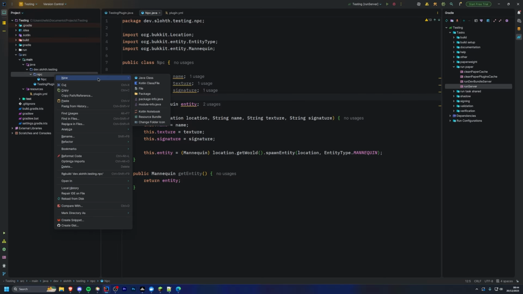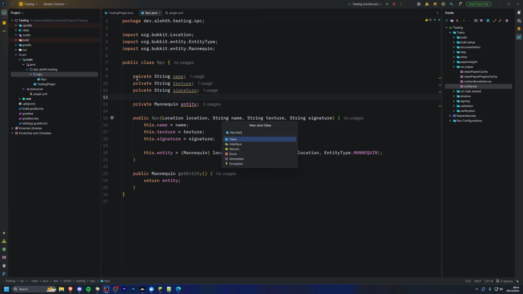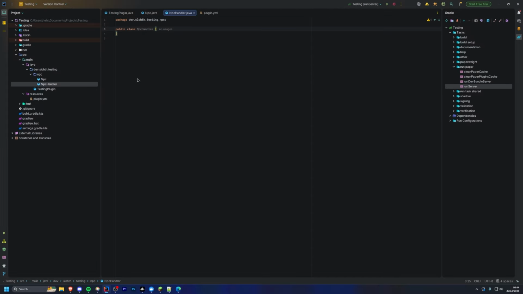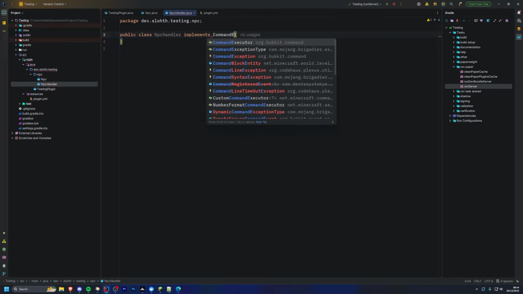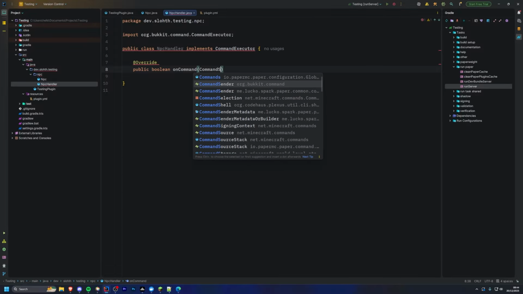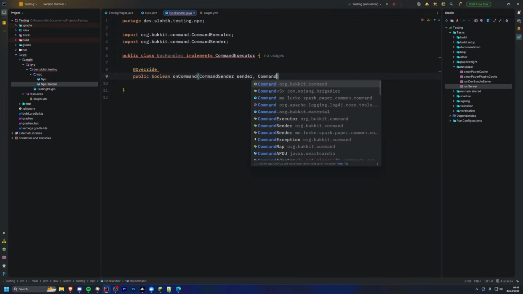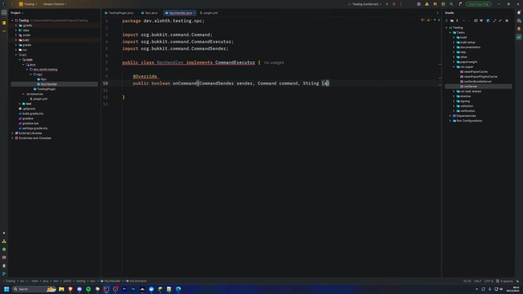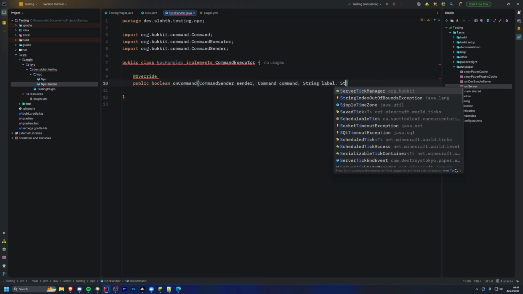So now I'm going to create a handler class, so NPC handler, and this is how I'm going to be choosing to interface with the NPC. So I'm just going to use a command to spawn an NPC. So implements command executor, and we need to write the command. So public boolean onCommand, command sender, command string label string array args,